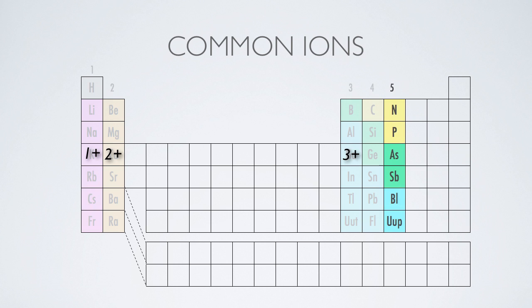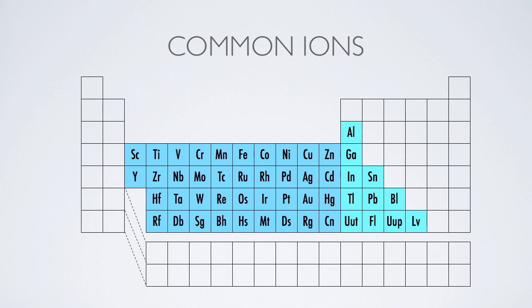However, in group 5, the trend continues, but in reverse, because these elements can readily gain 3 electrons and form a 3 minus anion. Group 6 and group 7 continue the pattern as we would expect, and of course, the noble gases don't want to gain or lose any electrons. We also need to consider the transition and post-transition metals. Now with these, it's much harder to predict what ion they will form, but we still need to learn some